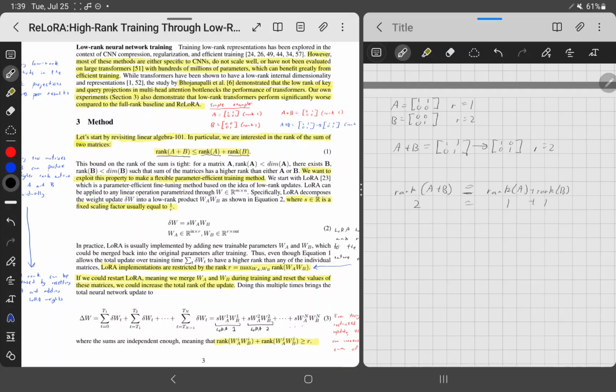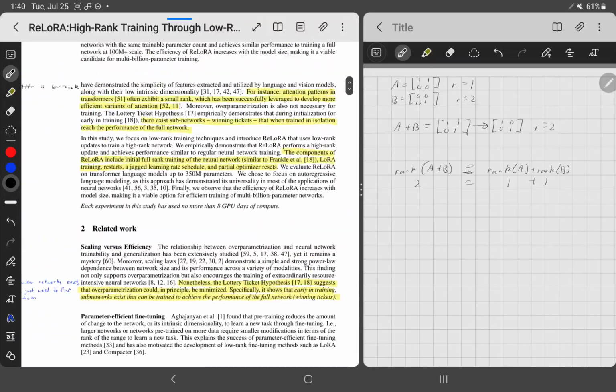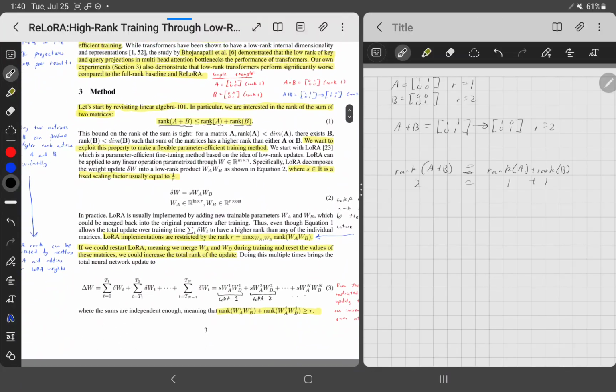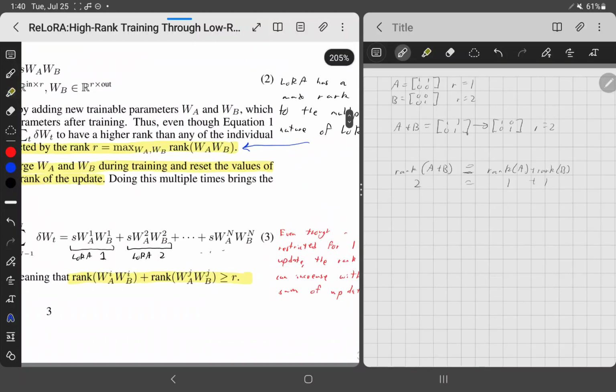You've basically increased the rank of your matrix using two lower-rank matrices, and this is the property that they mention. But they also mention that you can't do this if you just have a multiplicative property. Let's see, yeah, they say here